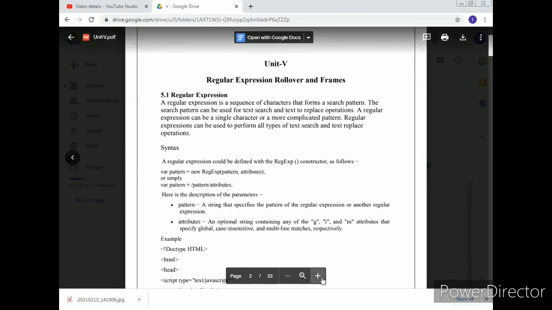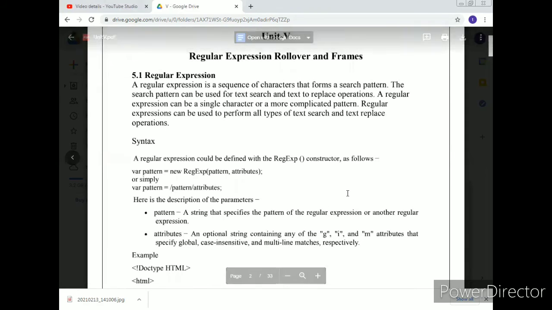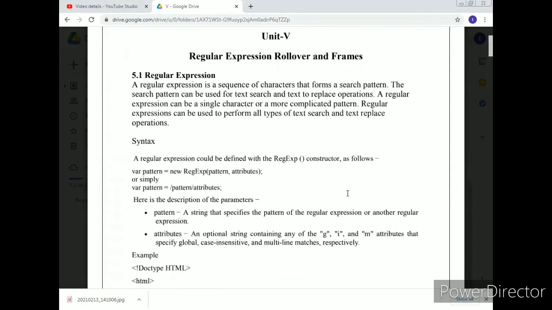The syntax is here: var pattern = new RegExp(pattern, attributes). In that function, you give some parameters, pattern and attributes. Simply, var pattern = /pattern/attributes. Here pattern is the parameter, a string that specifies the pattern of the regular expression or another regular expression.